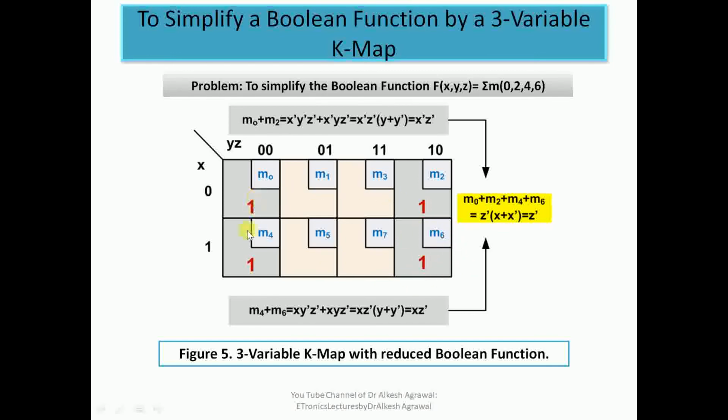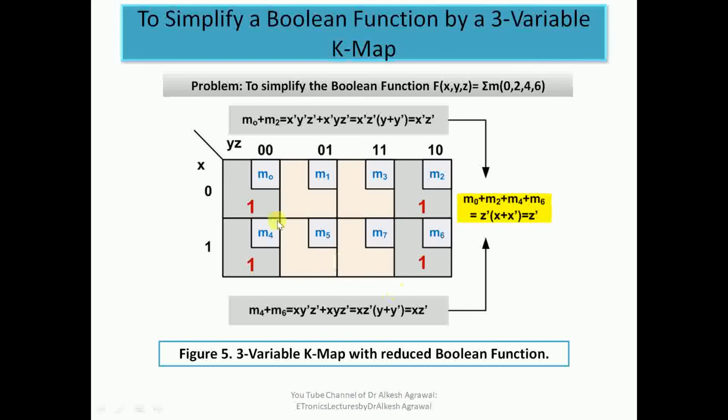Now the specialty about this K-map is that we have 1 placed in all four corners. So all the four corners can be combined with each other. If we assume that this map can be rolled from this position, then M2, M6 can come adjacent to M0, M4 by rolling. So we can have a group of four minterms. Always remember, if you have a K-map and all the corners are mapped with 1, then all those corners can be combined together.